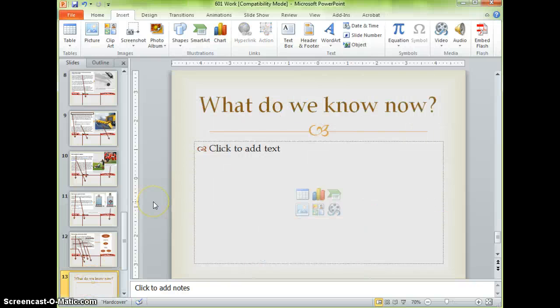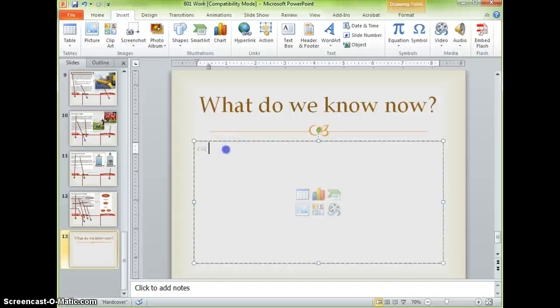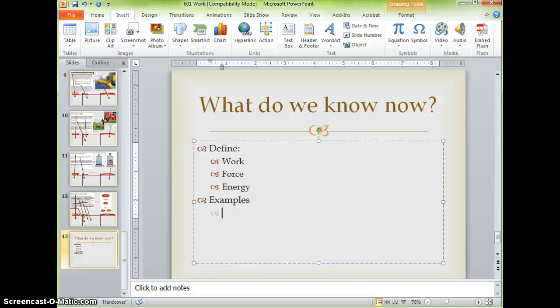Now, you should do this activity on your own. What do you know now about work and force and energy? Can you define each? So you need to be able to define work, force, energy. And you should be able to give examples of each, right? Work, force,